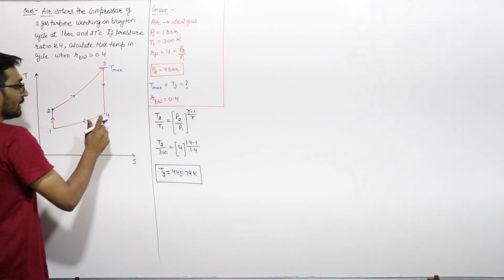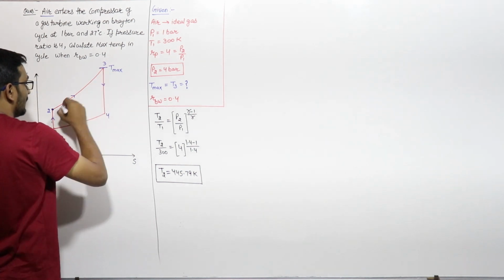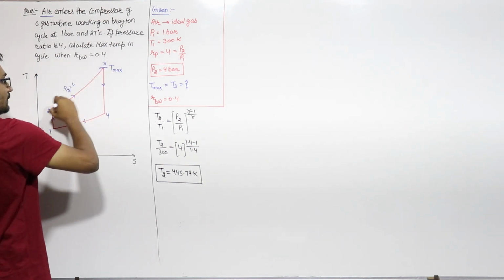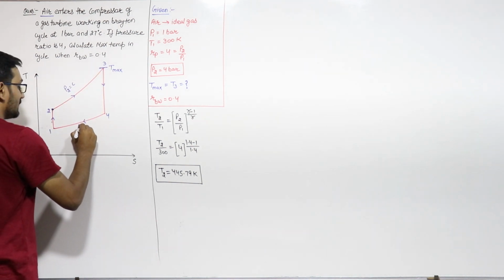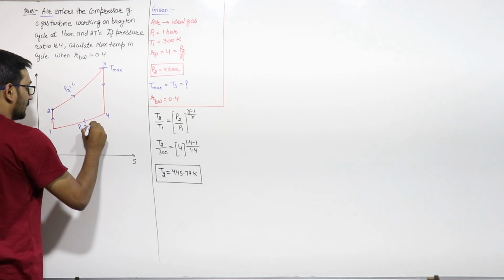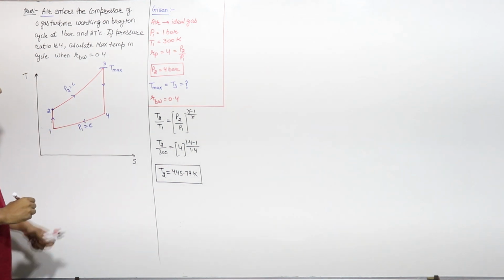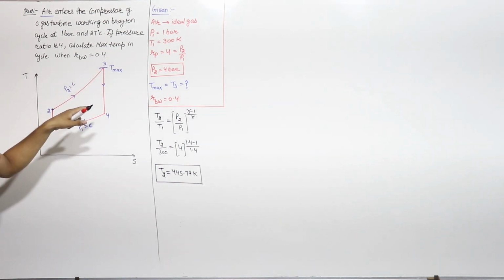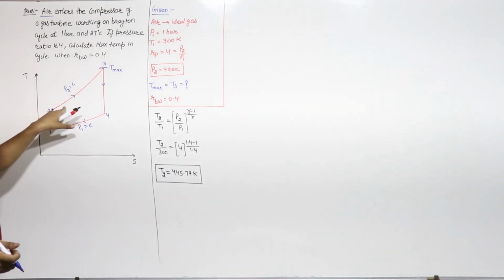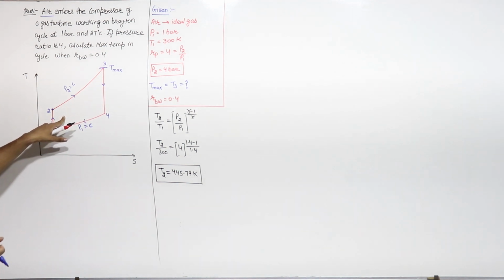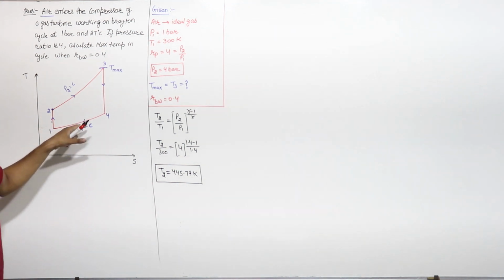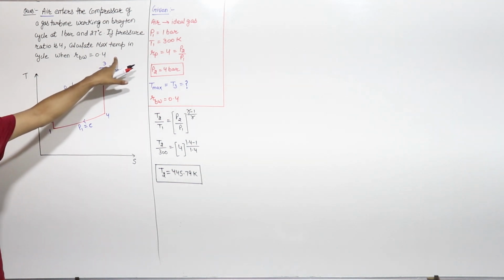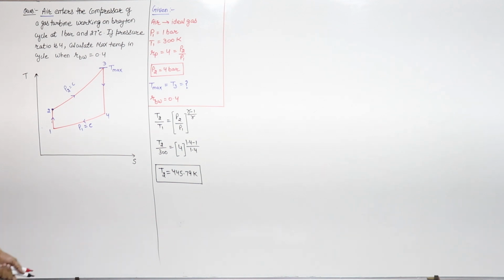Now we have to calculate T3. But in process 2 to 3, the pressure P2 is constant, equal to P1 on the other side. Here we don't know the volume, so we cannot use the ideal gas equation. Since the pressure is constant, we would need volume to apply P2 V2 upon T2 equal to P3 V3 upon T3, but volumes are not given, so we cannot use it.